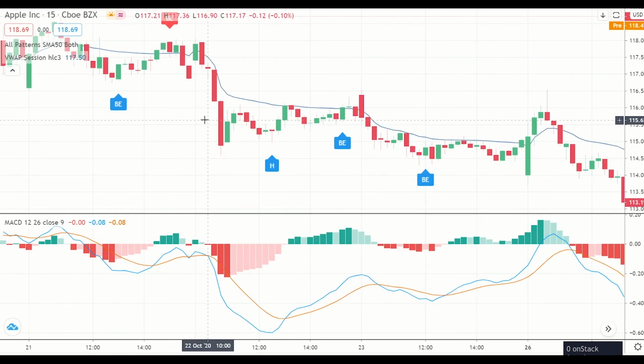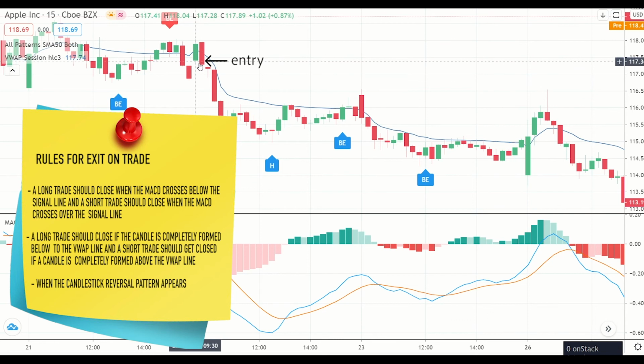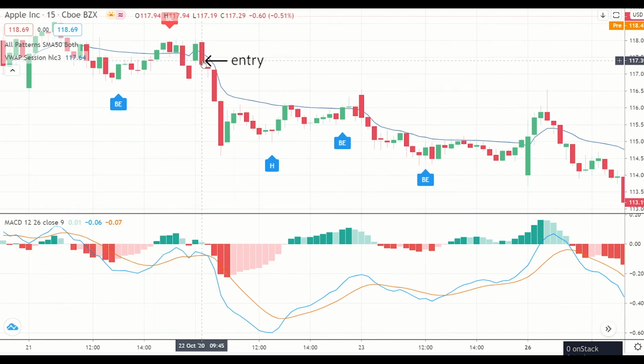So let's take this example from October 22nd. If you look at this example, we can see that we took the trade on this particular point and it is below the VWAP. We don't check the MACD at that time. We take the short and we go in for the trade. And till this point, it goes down. And here the reversal happens, and at this point we can exit the trade